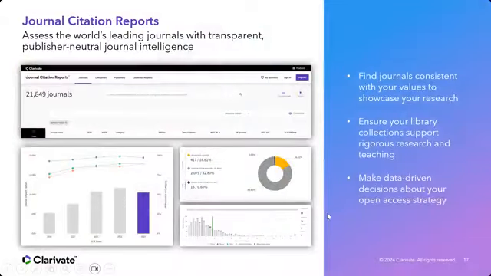The journal citation reports is a report that is published every year in June. It will include the journal impact factors and the quartiles of the journals indexed in the Web of Science core collection up to a cutoff point in the prior year.